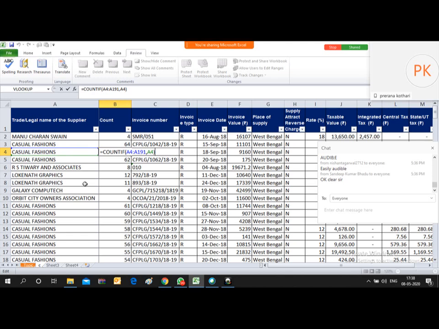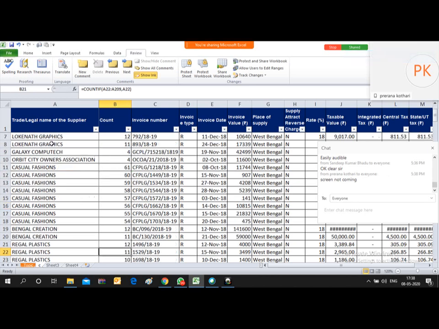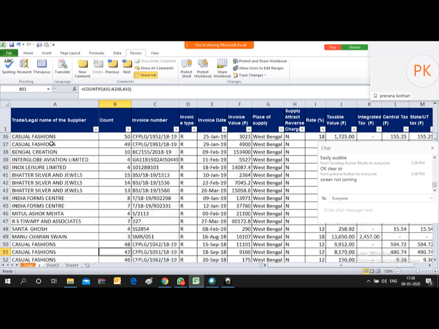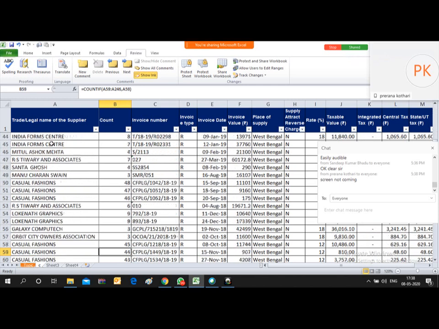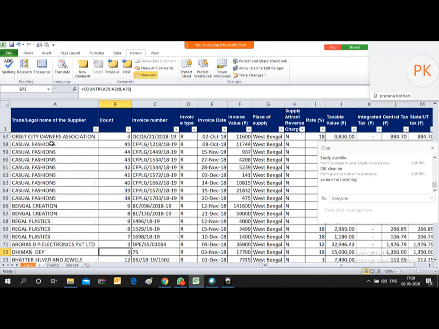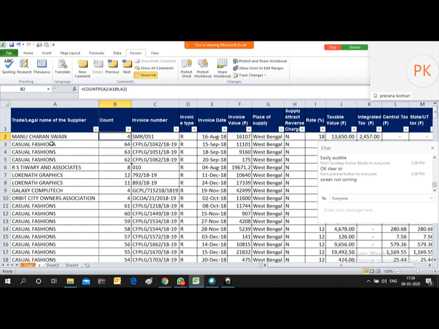In those previous two sales, Casual Fashion has appeared once, so 64 minus 1 gives 63. In this way, the count gets reduced in the following cells.